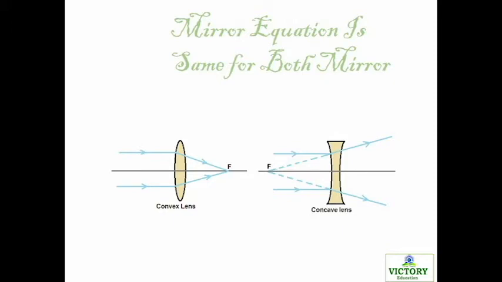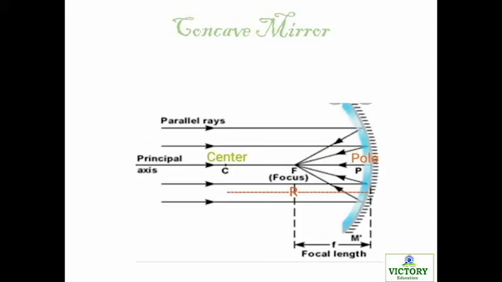You want to understand where the focal length falls on convex and concave lenses. Convex lenses are called convergent, whereas concave lenses are called divergent. They divert the rays. A convex lens will converge the ray, so the focal point will fall after the lens. Whereas a concave lens will diverge the light, so in order to identify the focal length of a concave lens, you have to backtrack the rays to find your focal length F. The other thing you want to remember is the principal axis.